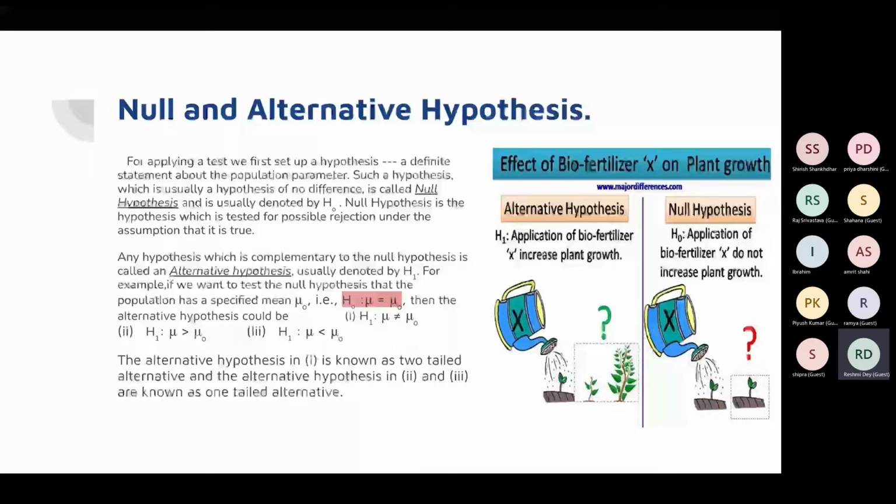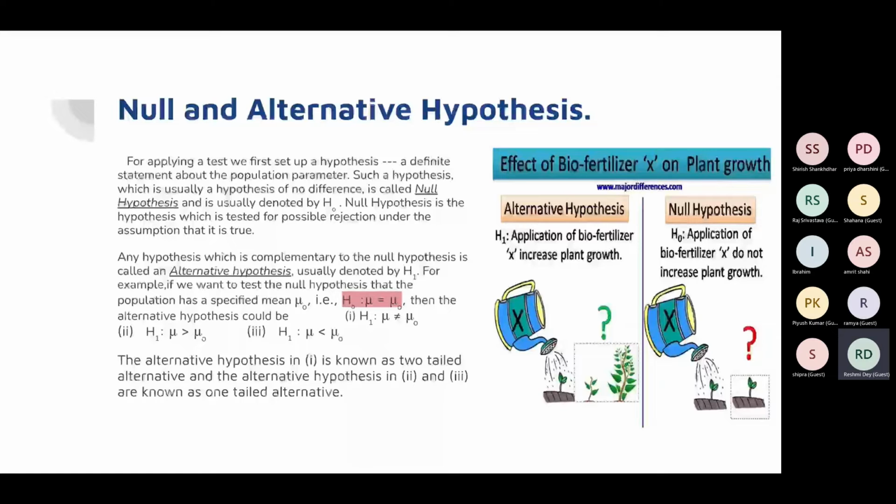The null hypothesis is also known as the initial belief. Like I said in the example, the world is flat. Ages ago, our ancestors thought that the world is flat. So that is an initial belief. But as the world started developing and ages passed, the alternative hypothesis came up, that is, the world is round.